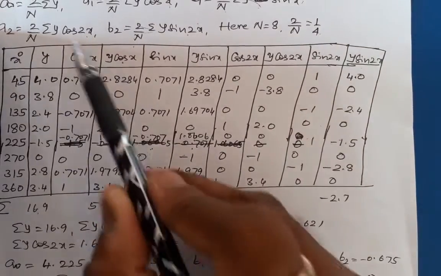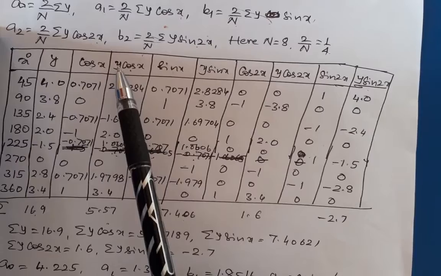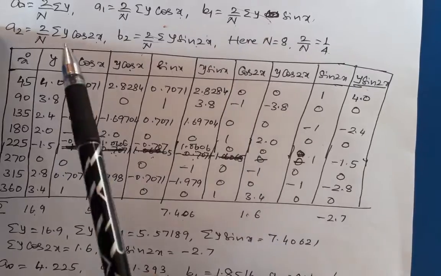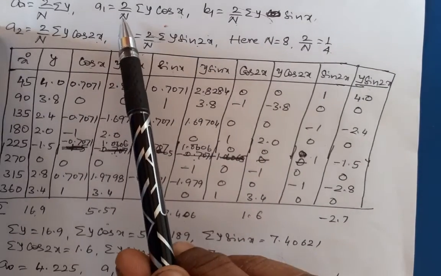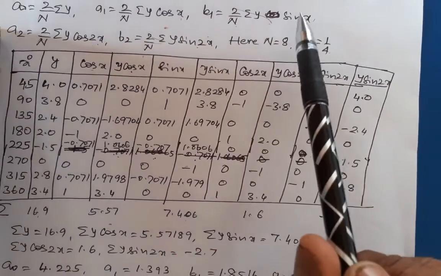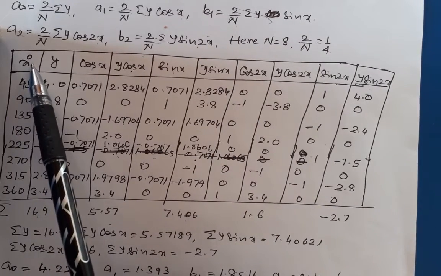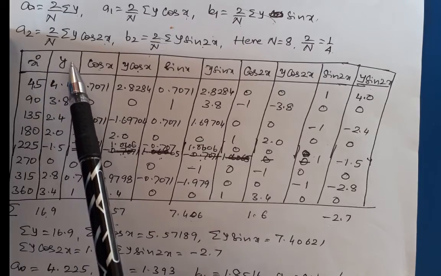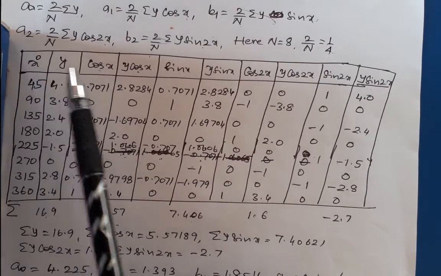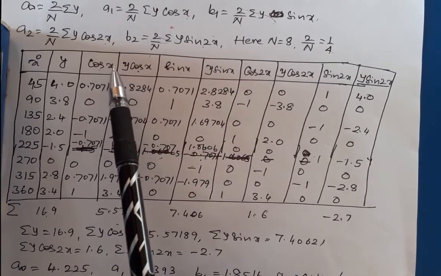Now we shall construct the table according to the given values. The table is shown here, and in the first line the titles are taken from a0, a1, b1, a2, b2. While writing the formula, take care that cos is always related with a1, a2, and sin is always related with b1, b2. From the table, x is in terms of degrees. While calculating with your calculator, take care that the values of x are taken in degree mode. Do the calculation correctly and neatly without any modification or mistake.